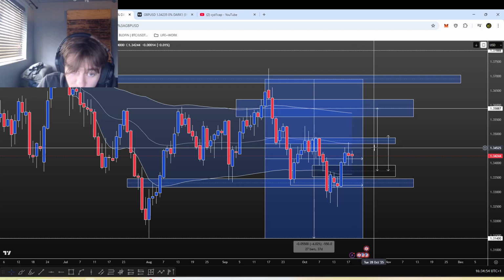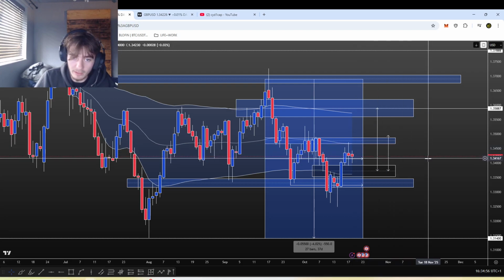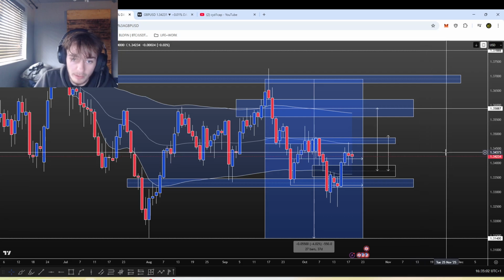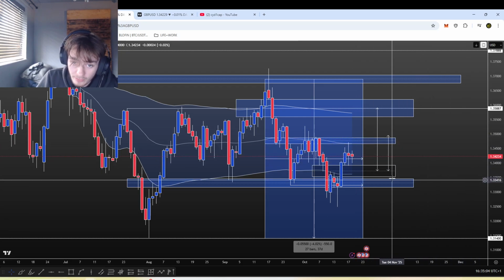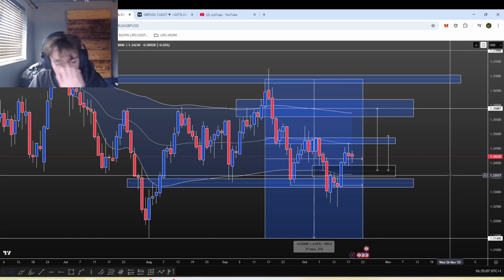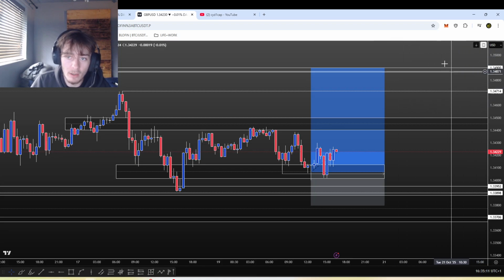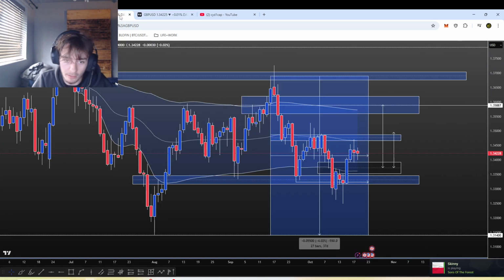That's where we tapped into, to absolute perfection, the target that I provided in the previous episode on GU. So I was really happy with that. We're now trading in this new range, as you can see, that I've mapped out. On the daily level, however, negating the fact that I want to see this push into 1.34900,